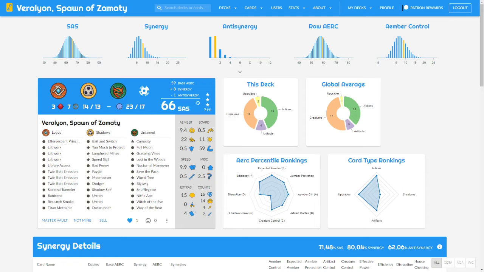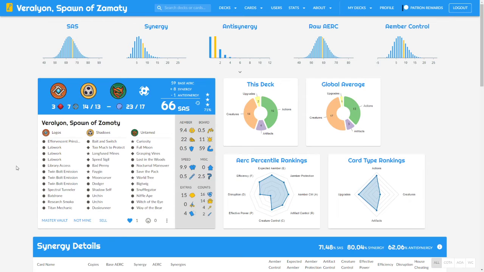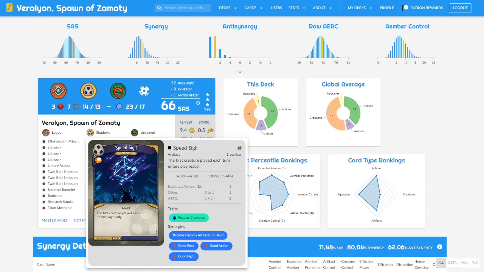My theory was that, first of all, people aren't used to Speed Sigil, and that was true. People are not used to Speed Sigil. People make a lot of mistakes playing around Speed Sigil. This is mitigated a little bit by the fact that the rules are that both players are responsible for the state of the game. So if either player has Speed Sigil on the board,